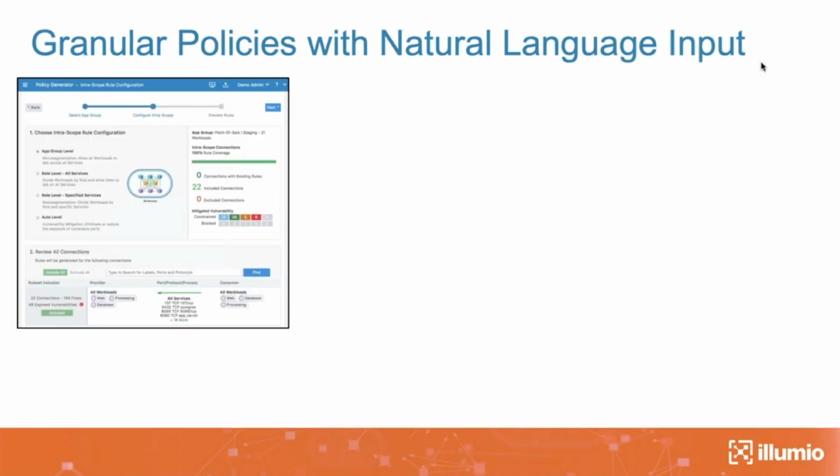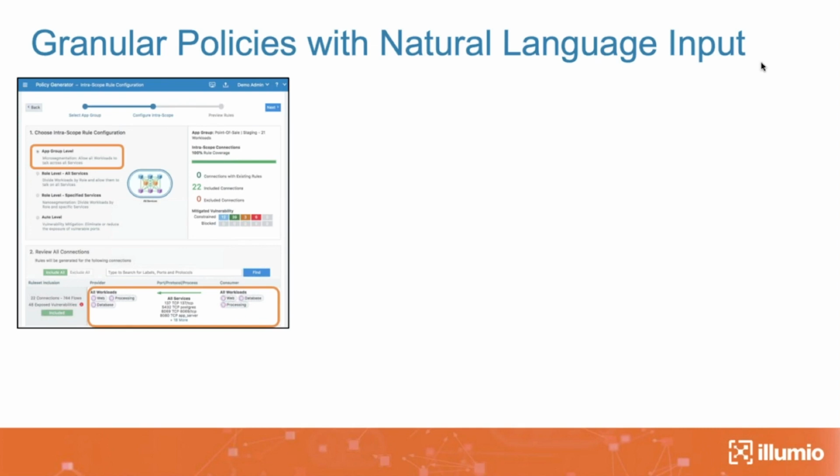In terms of actually generating policies, this is a little bit of an eye chart. The text is small, but I just wanted to give you a flavor. We can do different levels of granularity, as I mentioned earlier. Right now, what you're seeing is a workflow that we have built into our product for generating policies, and you have these different levels. The one that is currently in orange is app group level. And below that, you see the policy. This is what the policy generator suggested.